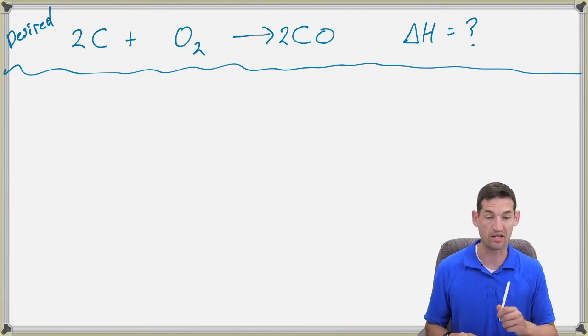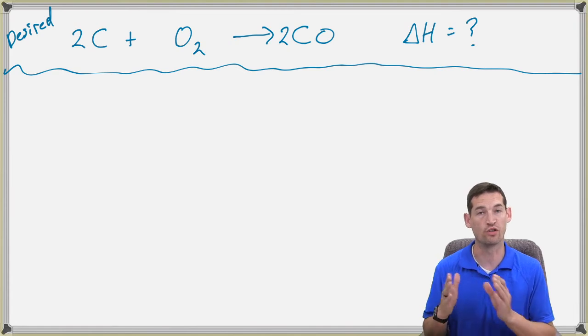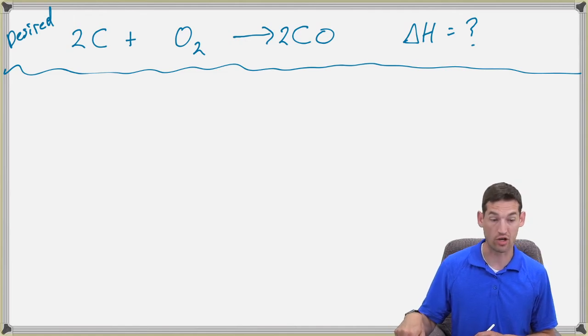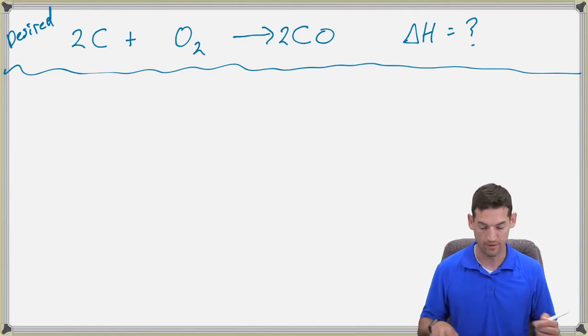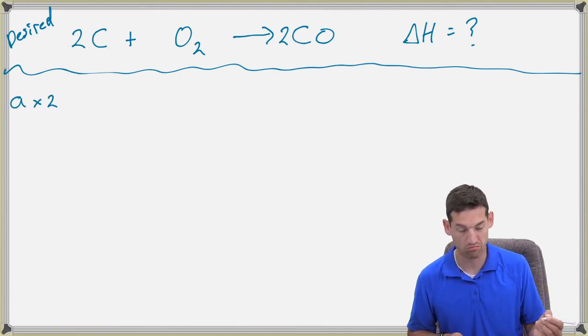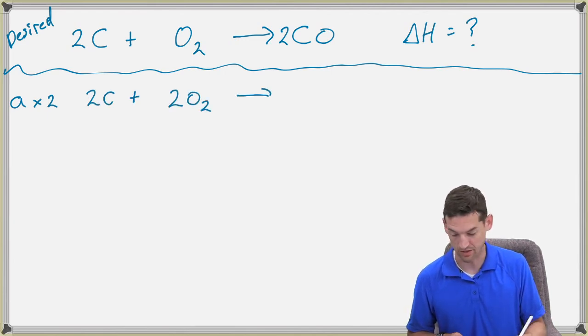So the first thing in my desired equation is carbon. I need 2 carbons on the reactants. So if I look at my reference table, reaction A has carbon, and it's already on the reactant side. It's just not the right number. So I'm going to say A times 2. So that gives me carbon plus 2O2 makes